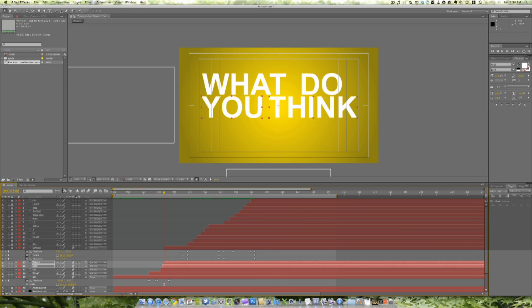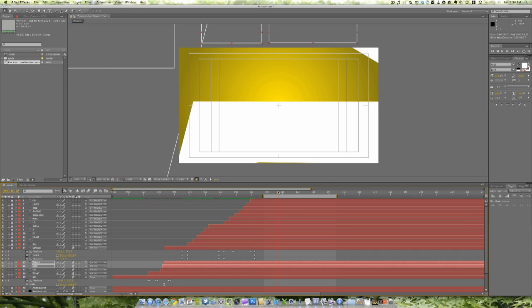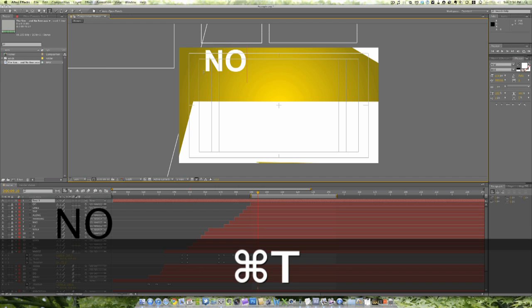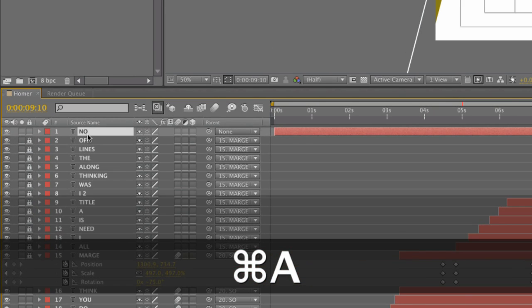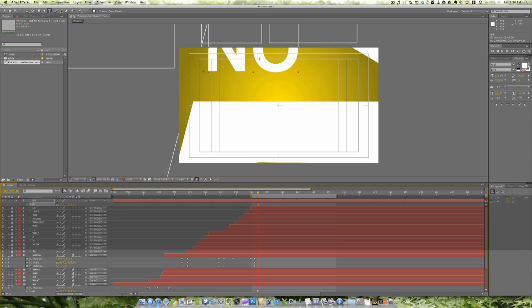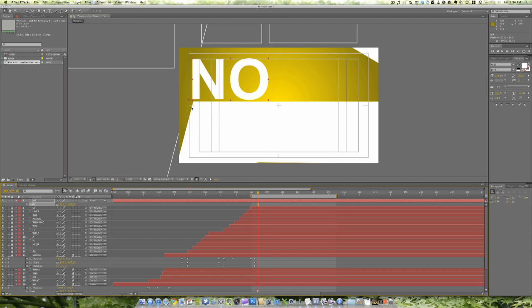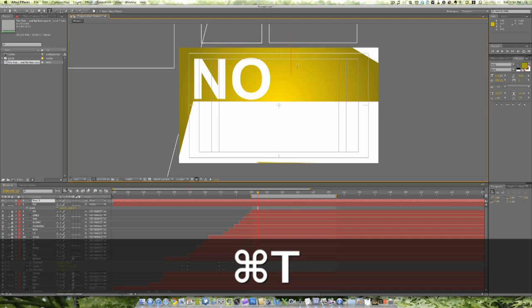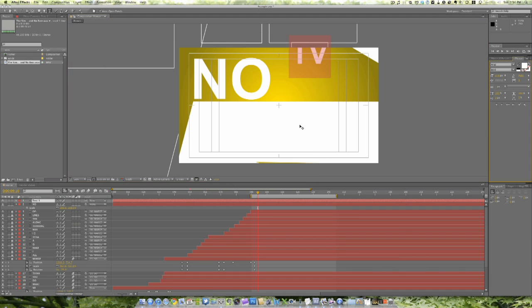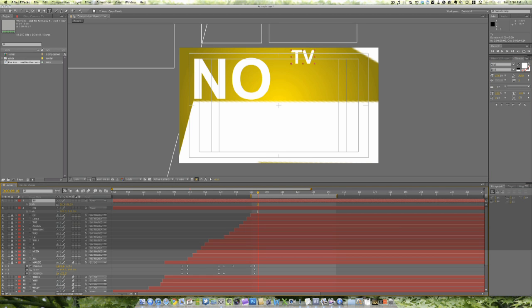Okay, looking pretty good so far. We'll go back to this point. Okay, we'll start here. Type tool, a big no. We'll scale that up so it is quite large. Reposition it, maybe not quite so large. Okay, we need some other aspects. We need TV. We want that to be white. I want that to be smaller. So let's bring it down to